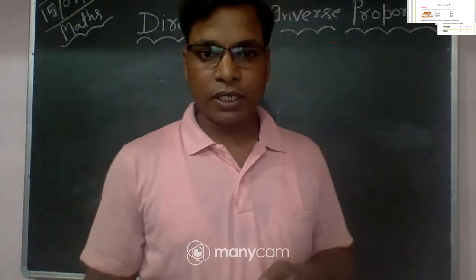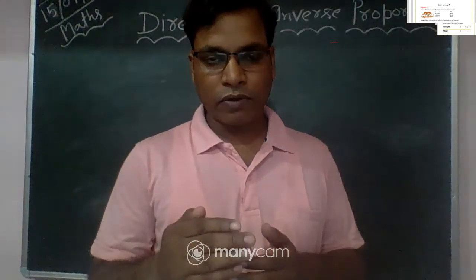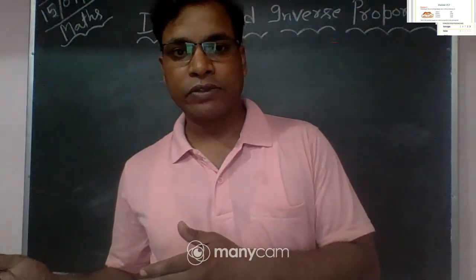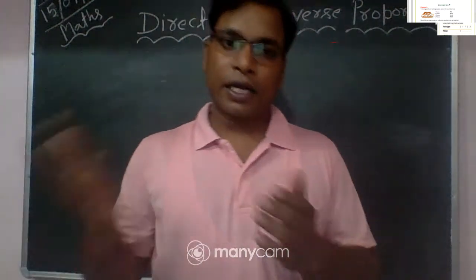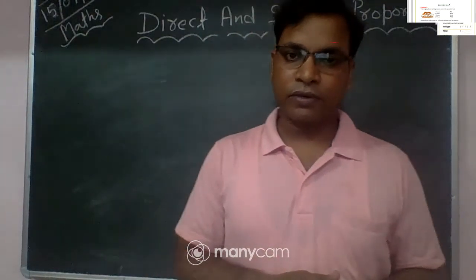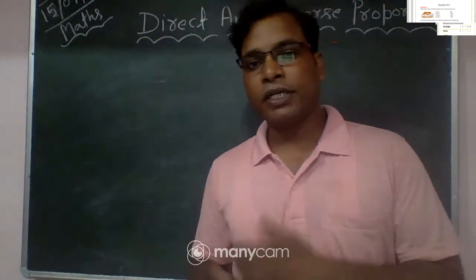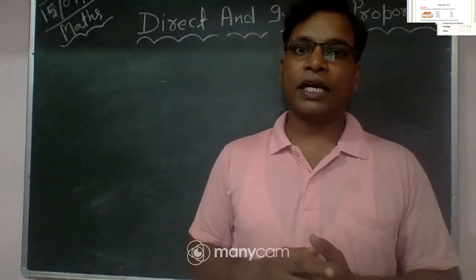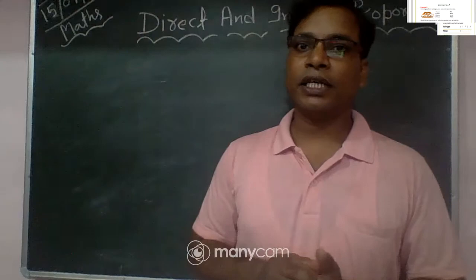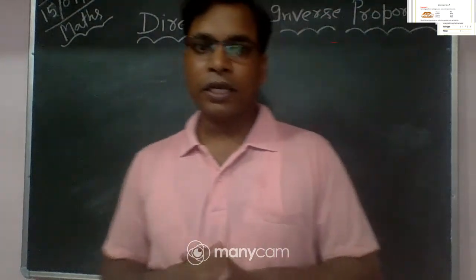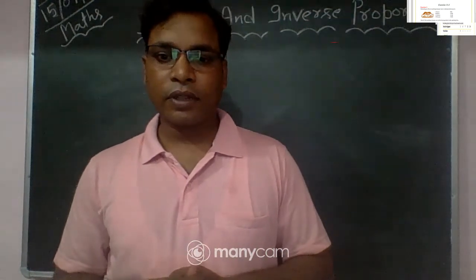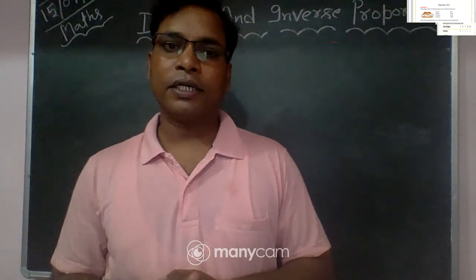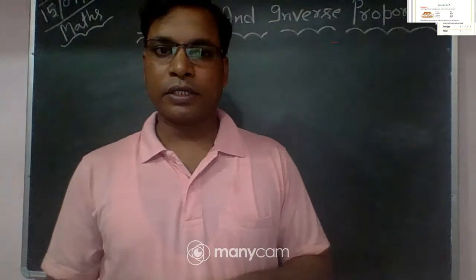आप देख रहे हो यहाँ पे कि एक क्वांटिटी को मैं इंक्रीज कर रहा हूँ, दूसरी क्वांटिटी ऑटोमेटिक इंक्रीज हो जा रही है। अगर मैं फर्स्ट क्वांटिटी को डिक्रीज कर रहा हूँ तो सेकेंड क्वांटिटी ऑटोमेटिक डिक्रीज हो जा रही है। So this type of variation is called direct variation, direct proportion. So exercise 13.1 depends on direct proportions. Is it clear?